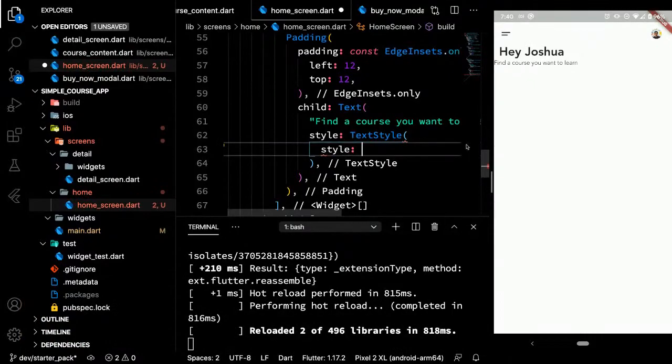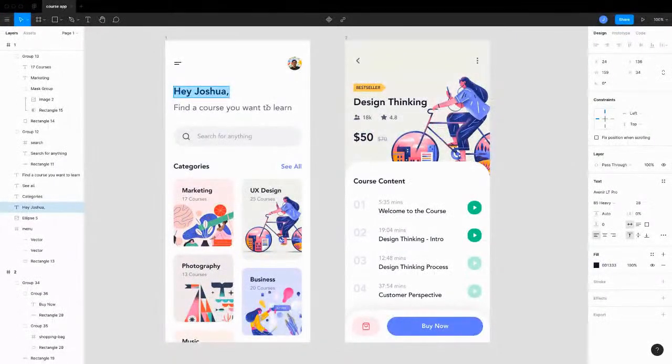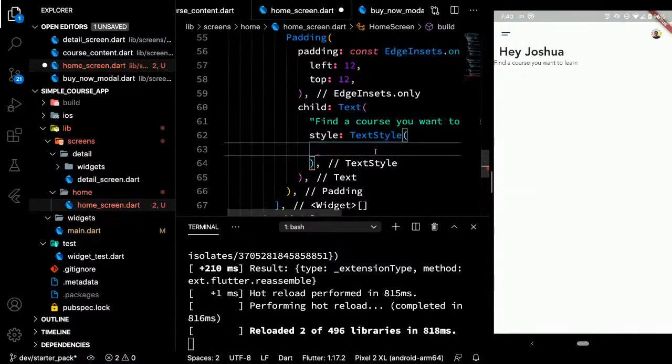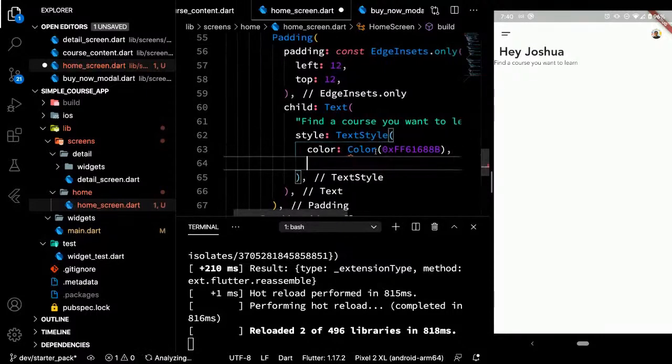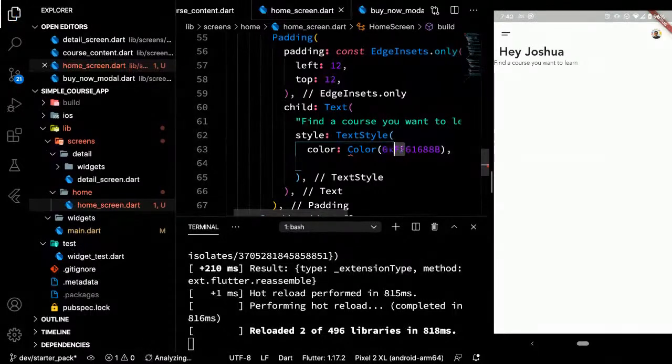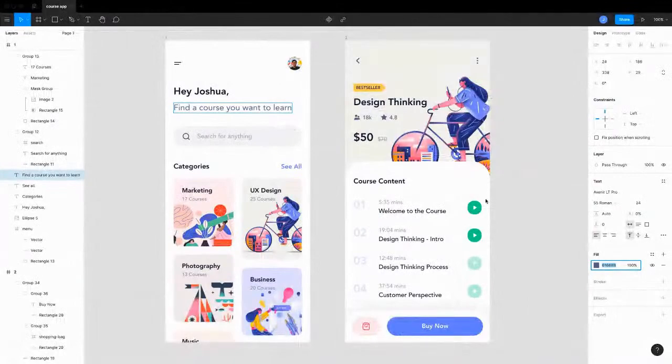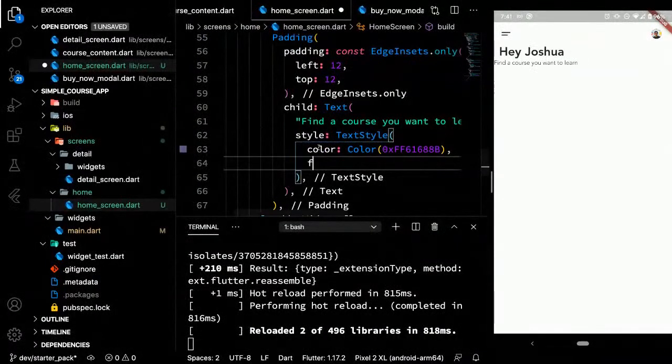And we have to set the style. As you can see here, we have different font sizes. 24, I'll just copy the color. So this is how you normally instantiate colors in Flutter with custom types. That's hexadecimal. FF here refers to the transparency, so FF is full opacity, fully bright. And font size 24.